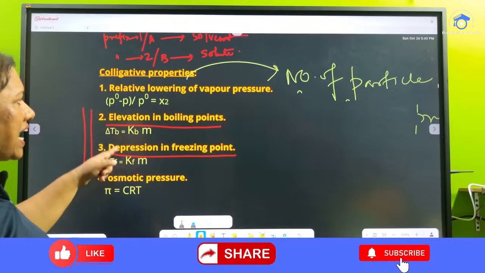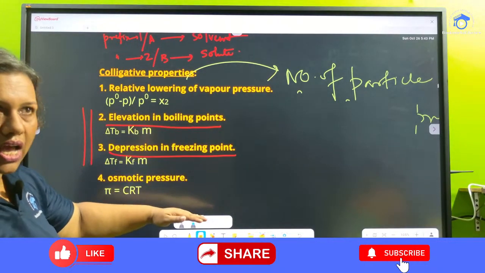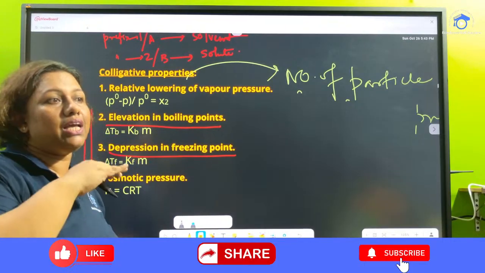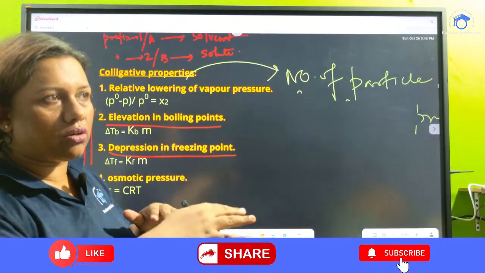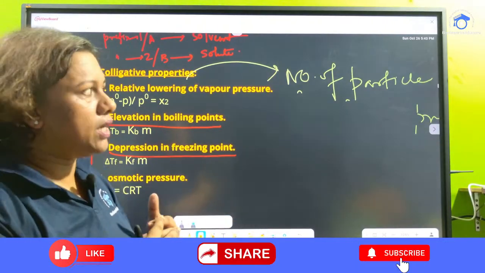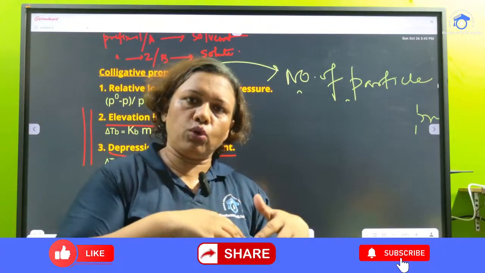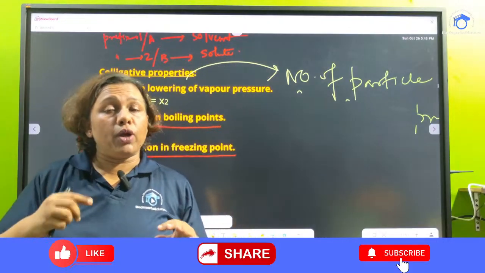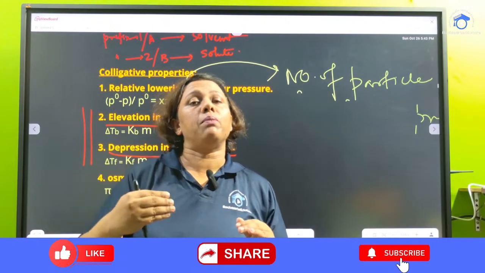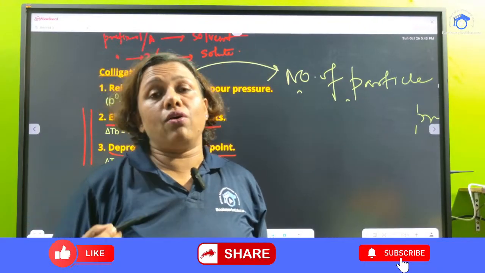Clear? For that reason, because relative lowering of vapor pressure घट रहा है, atmospheric pressure के साथ equate नहीं कर पा रहा है, तो temperature बढ़ा के vapor pressure के साथ atmospheric pressure equal करके हम लोग boiling point को enhance कर रहे हैं। लेकिन boiling point में क्या होता है, liquid to gas. But what about the freezing point, उसमें क्या होता है, liquid to solid होता है ना। तो